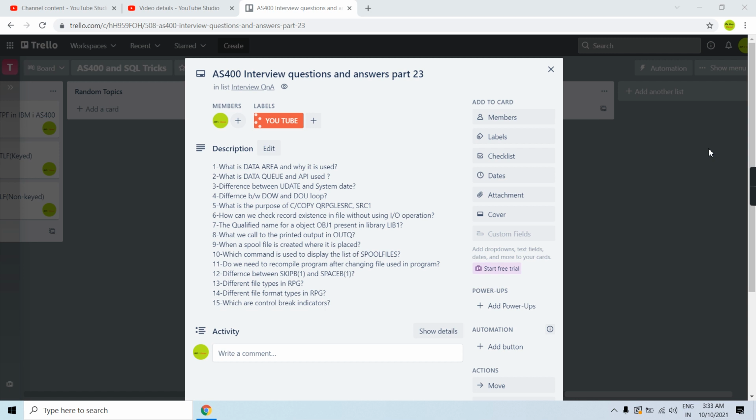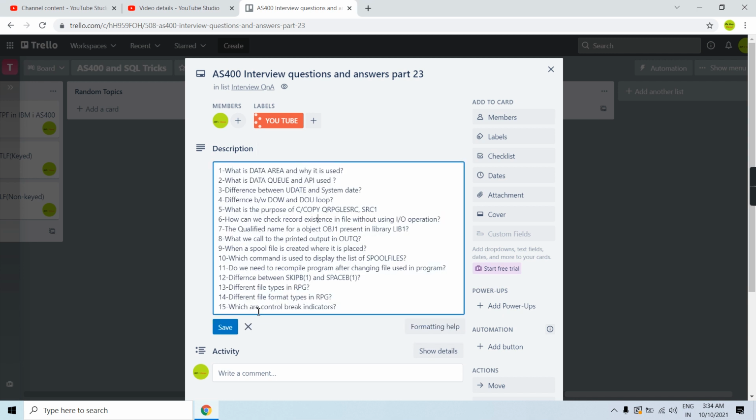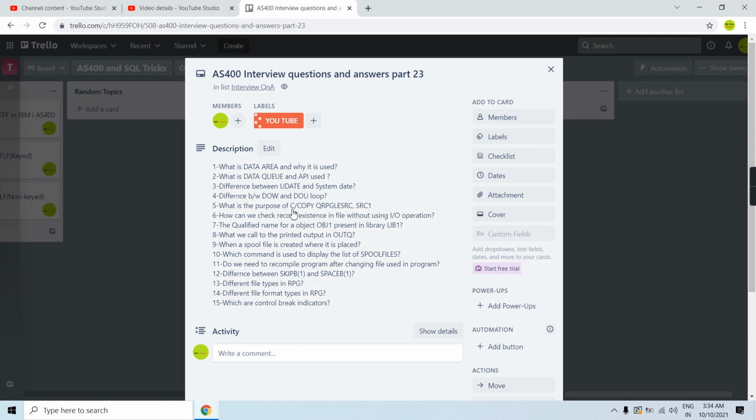Now the next thing is what is the purpose of this line, that is C slash copy QRPGLSRC CSRC1. So what we are doing here is using the concept of copybook. We are including this copybook source one, which is present in the source file QRPGLSRC in the same library in which the program is, because we didn't mention the library name.